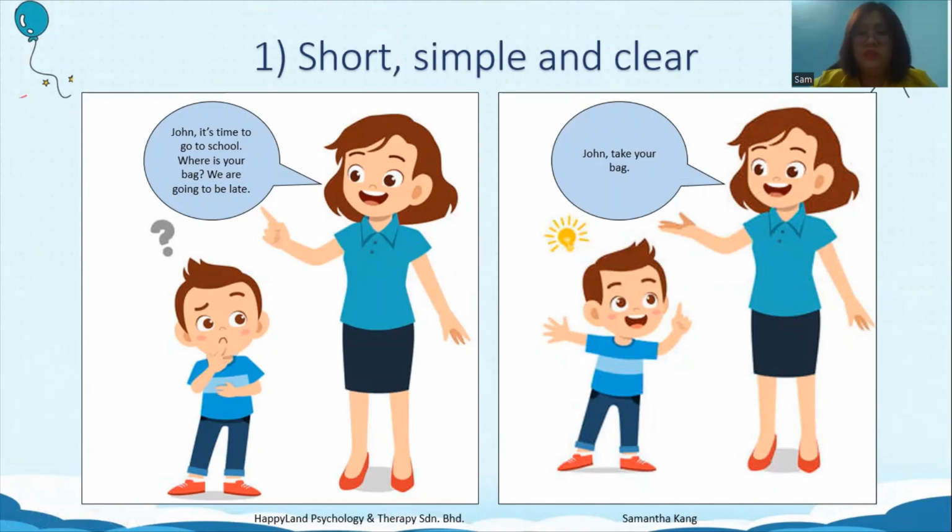Okay, so when you're communicating with the child, try to communicate at the child's language or speech level. For example, if the child's level is only one word, the child is able to express one word, so you communicate with the child using one word. For example, "Jane, do you want to drink water?" That is a very long sentence, right? So we shorten it to one word: "Jane, water?" or just "Water?" You're asking the child whether she wants to drink water.